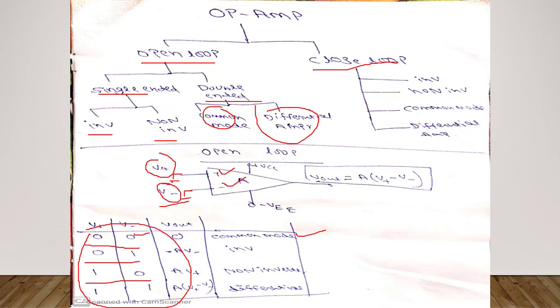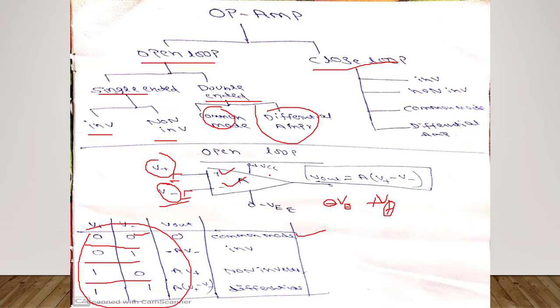So we are taking the difference of this. Why? Because V minus is negative, we are indicating minus V minus. This is showing the negative indication. And another one is V plus. This is just my indication. Actually plus V. One we have plus V, another one we have minus V.